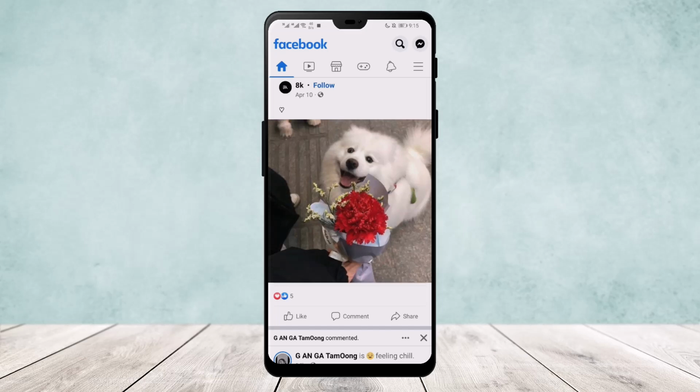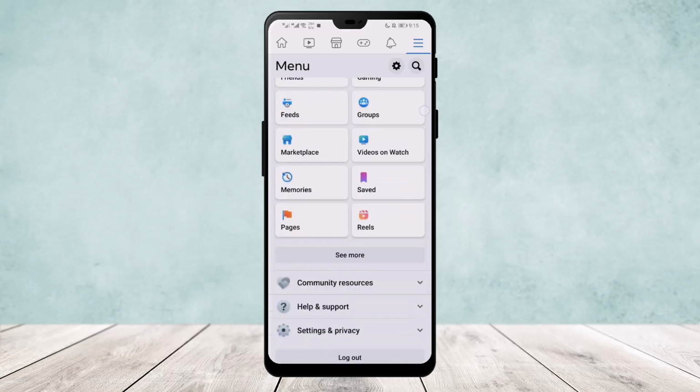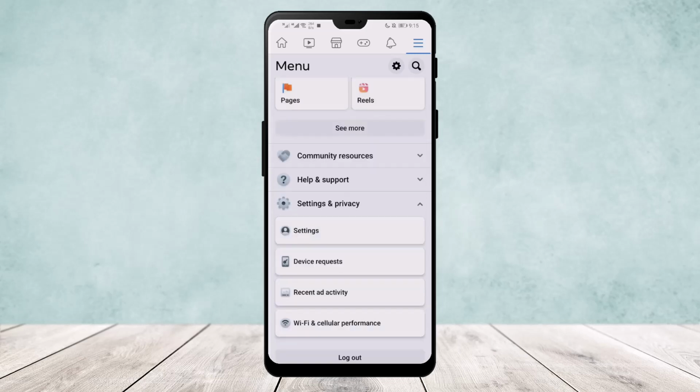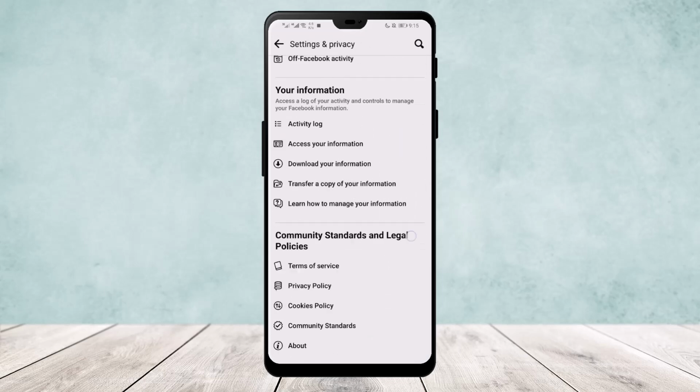screen right now. And once you log in and go to this home interface, tap on the three-line icon that you can find on the top right of your screen just below the messaging icon. And from here, head over to settings by tapping on the settings icon that you can see on the screen, or you can scroll down and you can go to settings and privacy, and from there you can head to settings. Now, once in settings, if you scroll all the way down below, you'll get the option download your information